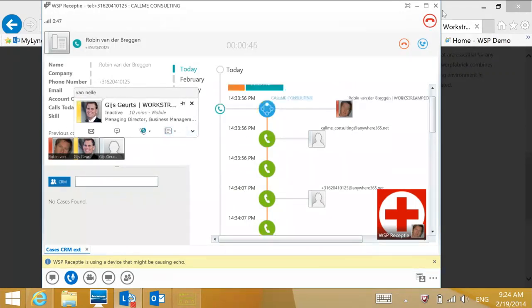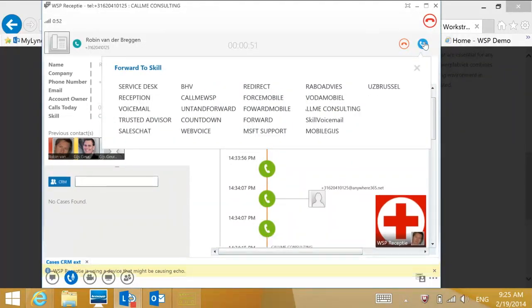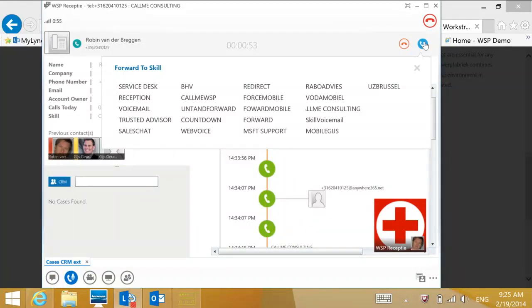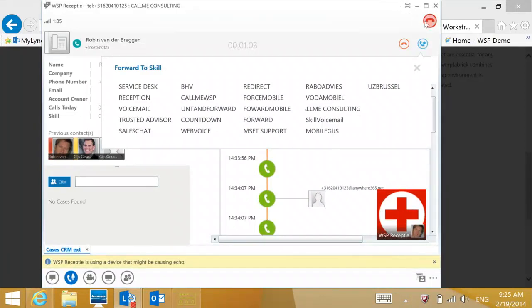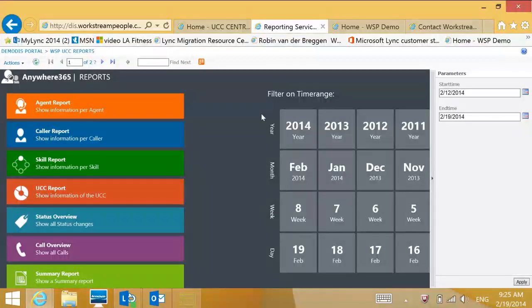Now, if you want to transfer a call to another department, another UCC, you can actually do that by forward to skill. So that's where you see the collaboration come into place. So departments within your specific domain can collaborate, actually improving the customer journey. The way you store this is actually in SharePoint as well. So through the UCC template, you get access to this reporting information. So you can see that you can have all kinds of standard reports, from agents to productivity to specific caller reports. And if, for example, you click on agents,